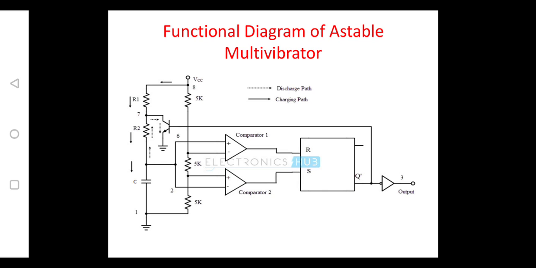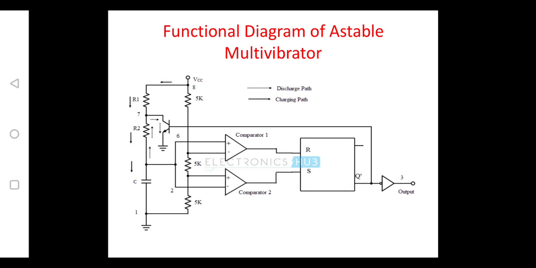In order to make comparator 1 equivalent to 1, the voltage at the corresponding input terminal should be greater than 2 by 3 VCC. Similarly, in order to make comparator 2 equivalent to 1, the voltage should be less than 1 by 3 VCC. So, as the capacitor is charging